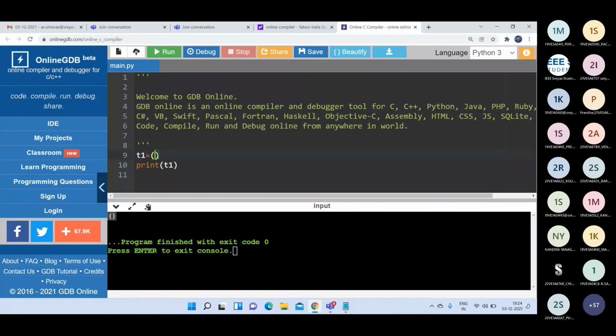Otherwise, if you want to give some values 1 2 3 4 5, then it will print 1 2 3 4 5 within parentheses. Like that you can use any kind of values: 1, a, abc, followed by 56.7, anything.